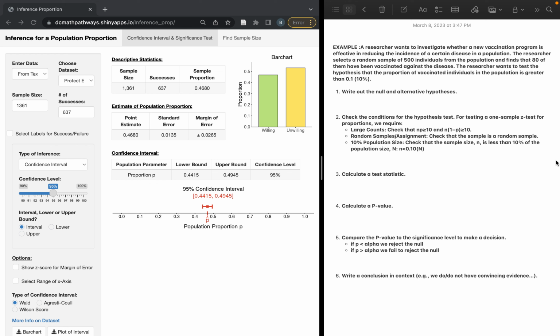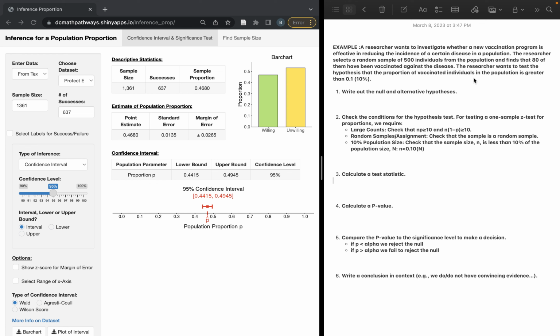Over hypothesis testing for one sample proportions. This is called a one sample z-test for proportions. So in our example, we have a researcher who wants to investigate whether a new vaccination program is effective in reducing the incidence of a certain disease in a population. The researcher selects a random sample of 500 individuals from the population and finds that 80 of them have been